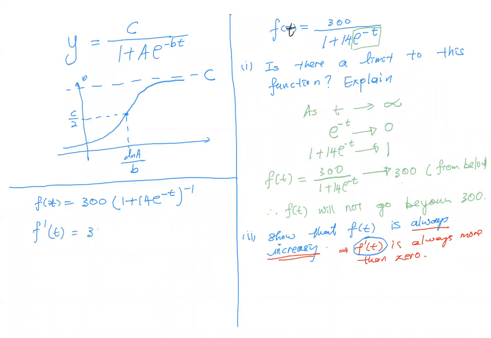So 300, bring down the power, copy down the whole thing, power take away 1, times by the derivative of the expression inside the bracket. Now simplify: negative 1 times negative 1, I got 1. So it will be 300 e to the power negative t divided by